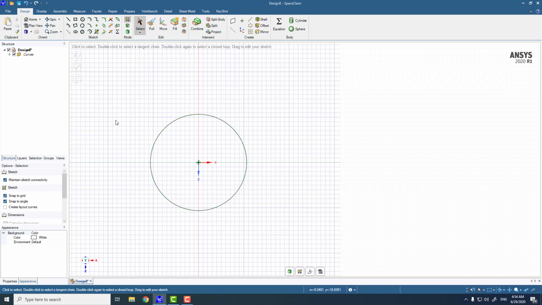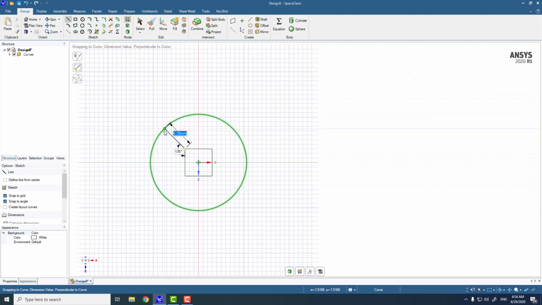So before going to the extrusion part or the pull command, we are going to apply these features before creating the 3D geometry. So again the same case with the center of the rectangle, and this time I will not be taking these lines outside the circle, but they should be inside, with the same angles, not the 145 but 135, and similarly on the last corner.